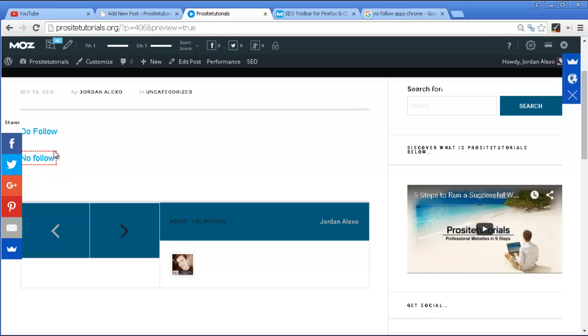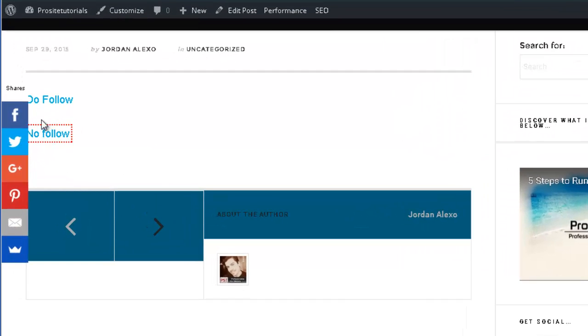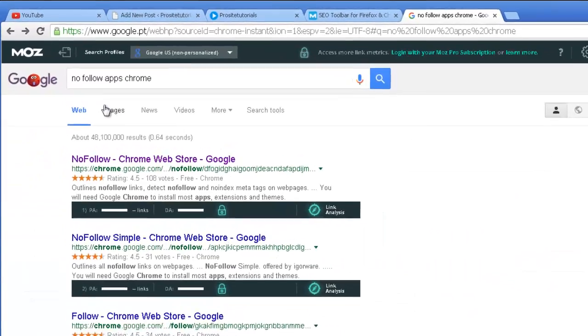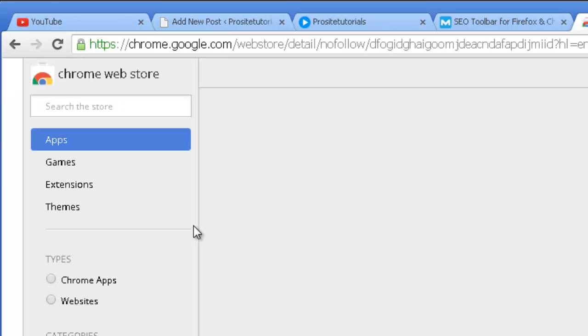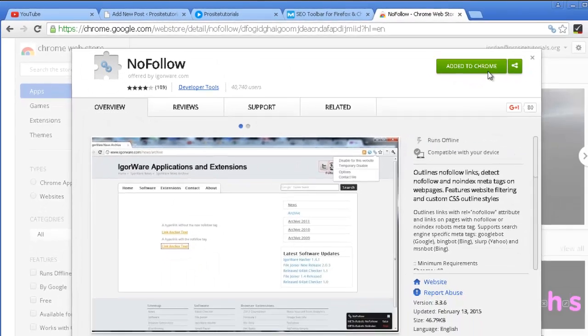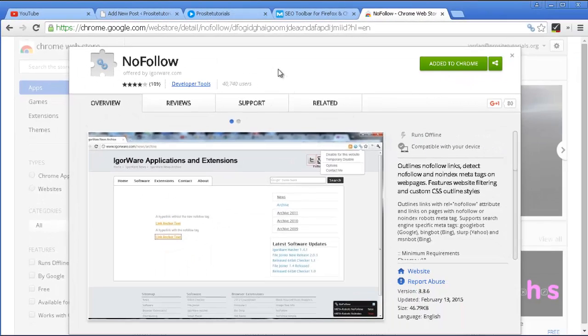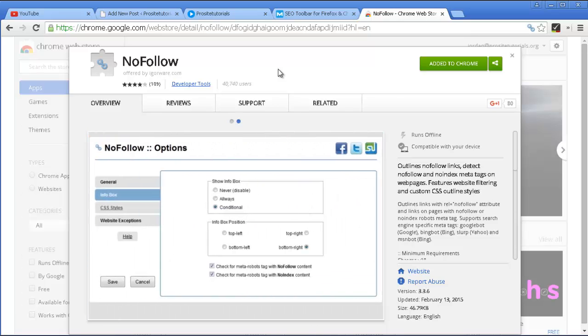The only thing that changes is that you can see I have this rectangle over here, and this is an application that I'm using for Chrome, and this application allows me to see the nofollow links on the internet. And if you want to use this, you simply go to Google and write nofollow apps Chrome, and you can see this first link. You just enter and head to your Chrome browser and install it. This allows you to see all of the nofollow links on the internet,